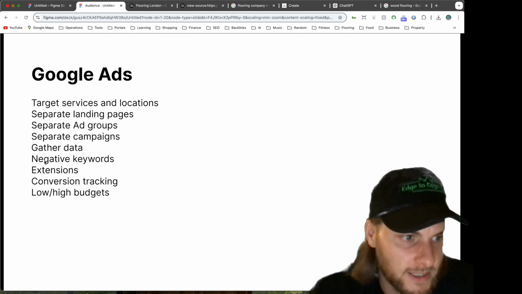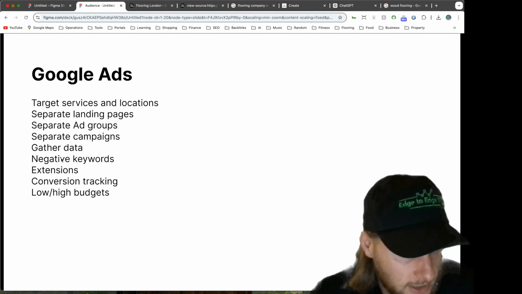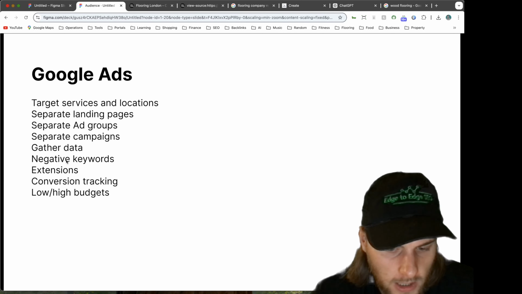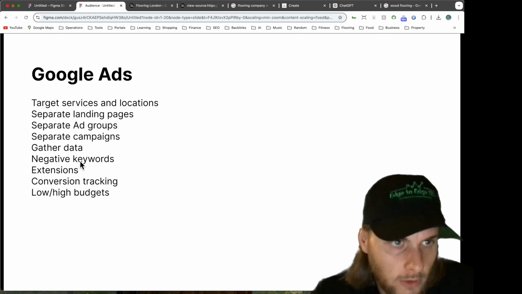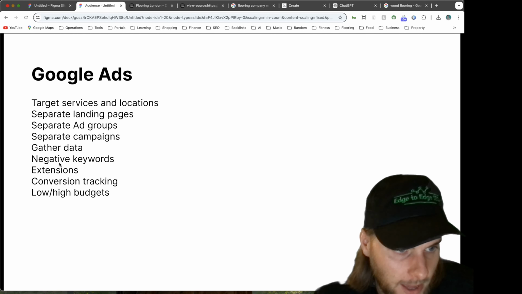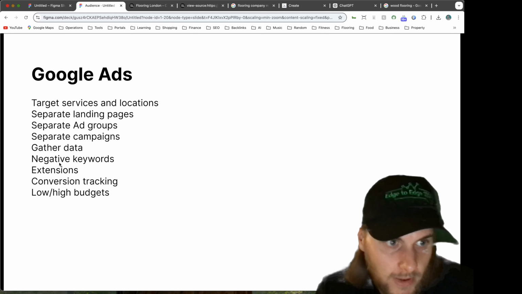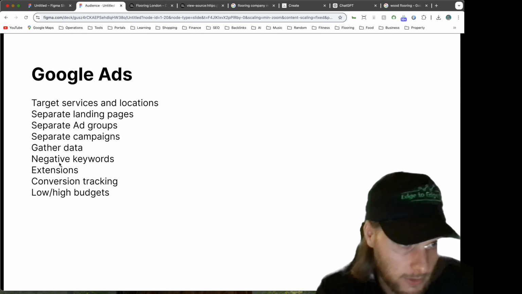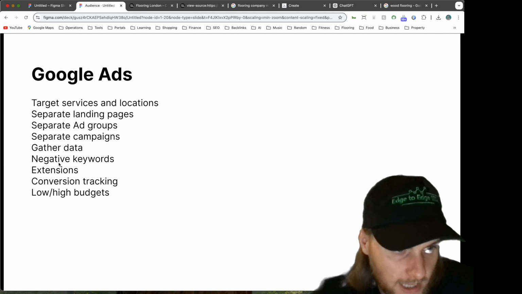But one of the main things is adding negative keywords. If you see that you're getting clicks and it's wasting money for keywords that are not necessarily relevant to your services, then that's what I'm saying about gathering data and then telling Google that that's the wrong keyword to rank us for. By adding negative keywords to your campaign and telling Google these are not the keywords we want to be ranking for, as the campaign goes on and Google's AI learns, it's going to show you less and less for those types of keywords, and more and more for the keywords that you do actually want to get found for.